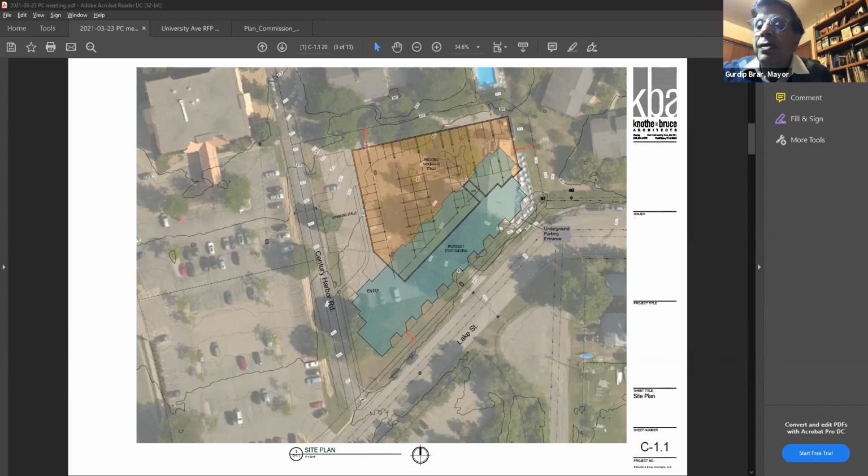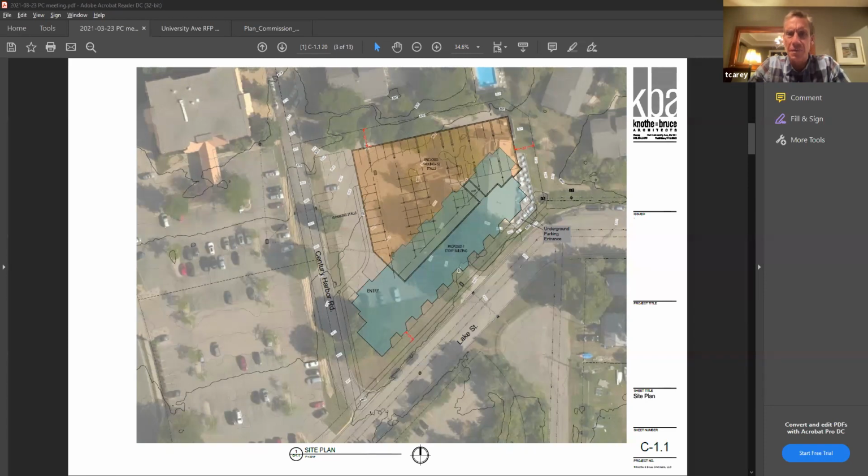Yeah, I would like to address a few of those comments, Mayor. First of all, the comprehensive plan that has been approved by Plan Commission calls for high density in this very specific location. And so I don't think what we're proposing is outside of what was already contemplated by the Plan Commission. So I respect your comment that it's a large building, but that is what was contemplated in the